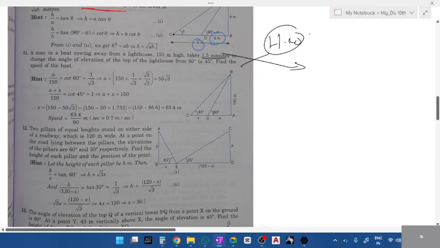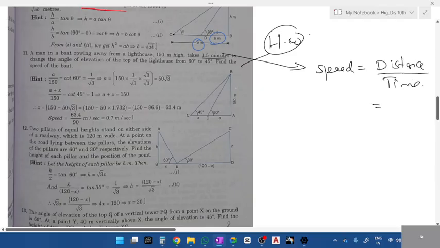What do we need to find here? What do you need to find? Tell me what you need. Speed. What's the formula for speed? Do you remember? Take down the formula. Speed is equal to distance by